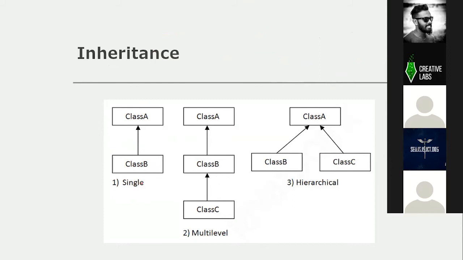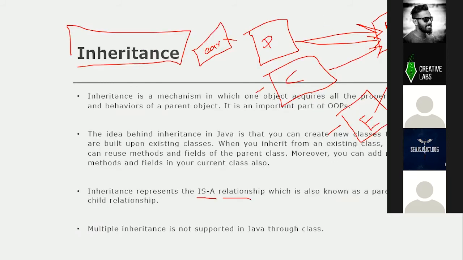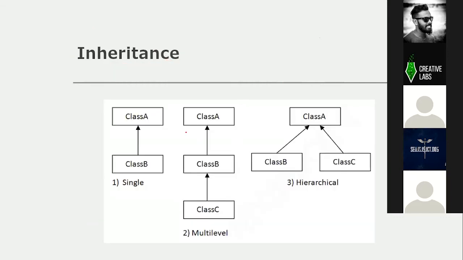So this is called single inheritance. This is called multi-level inheritance. So class C, and out of that we are creating class B, out of that we are creating class A, right? So if we take the example, animal, dog, and we can say male dog, female dog, something else, right? Something like this. And this one is hierarchical. So out of this one, we are creating another 2 things. So these are 3 types of inheritance applied in our modern programming languages. So that is what it's here.